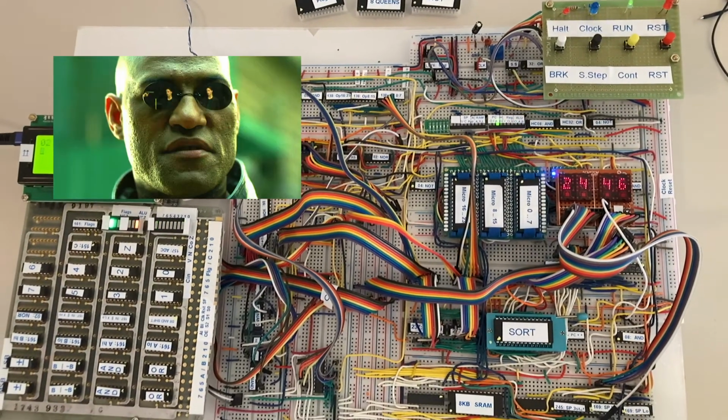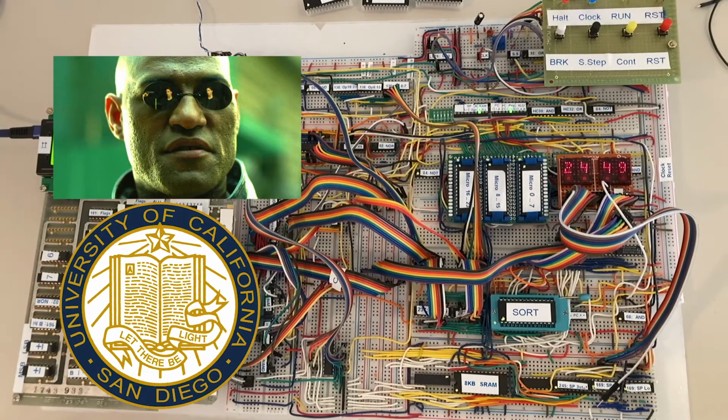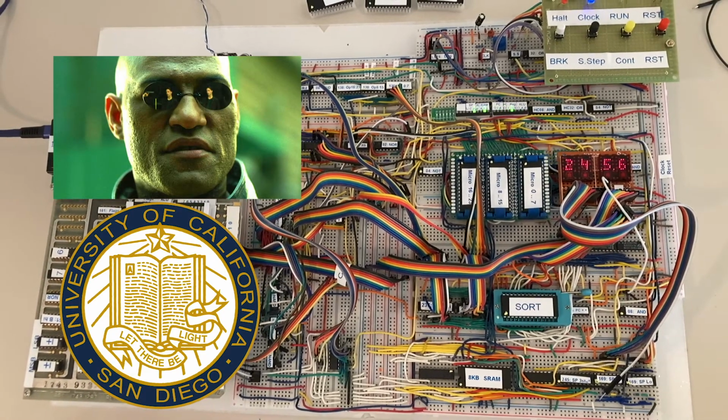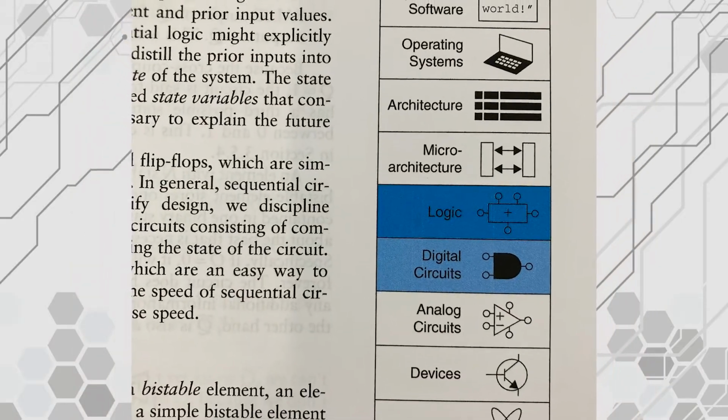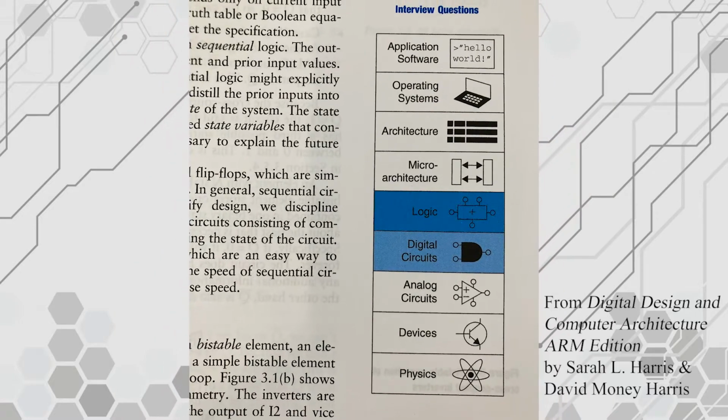As a computer science major studying at UCSD, I was inspired to pursue this project after I saw this chart that depicts the levels of computer science. At the bottom is the physics of computers, i.e. how transistors work and the like, and going up you have the discrete logic layer, and all the way at the top is the application layer, where you write programs in your favorite language.